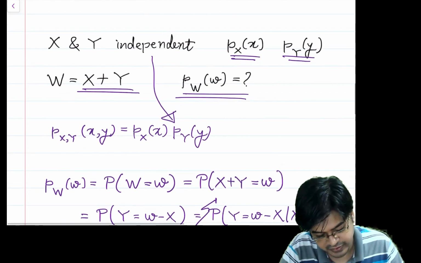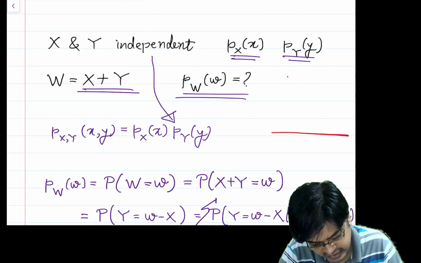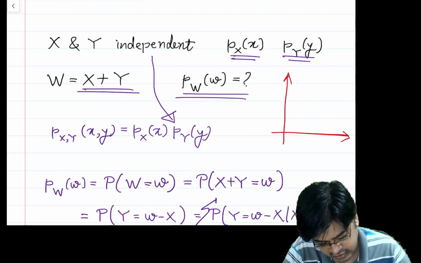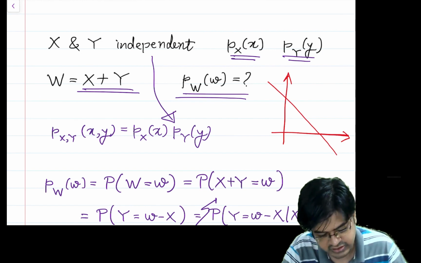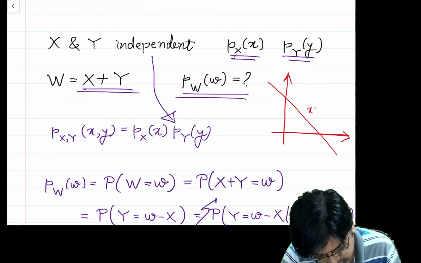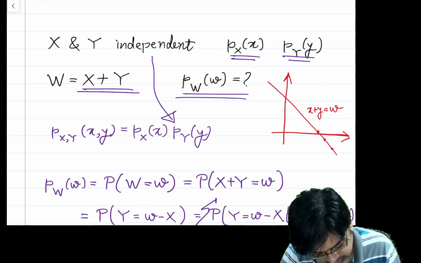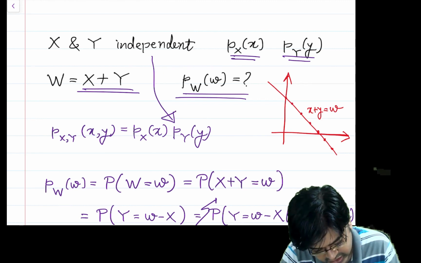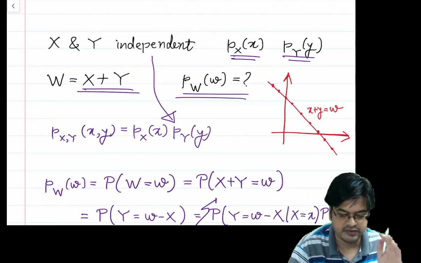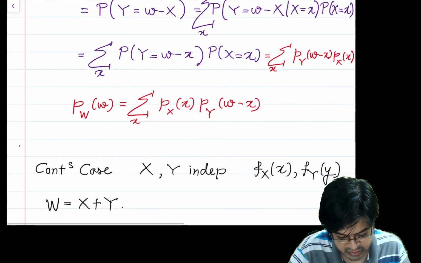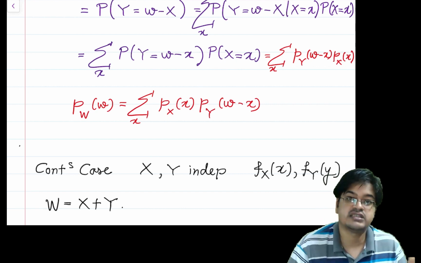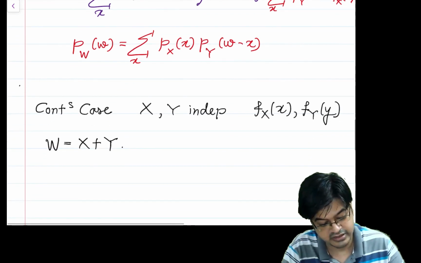So what is actually happening, if you plot the random variables x and y here, is that whatever the value of w, you will get a diagonal in this manner, and this corresponds to the value x plus y equal to w. And on this diagonal, whatever points are lying, we are actually summing over all those points. You can solve one or two examples and verify for yourself that this is what you are doing. Okay. Now how the story changes if I take continuous random variables, that is also interesting.